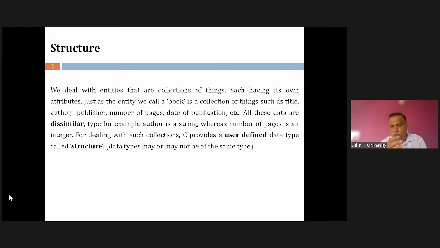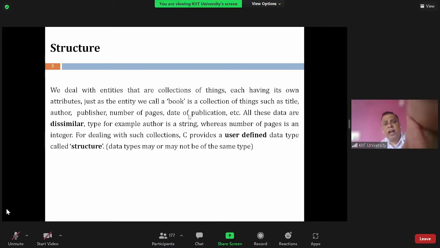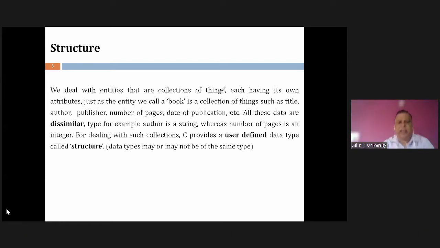When we define our own data types, let's say a structure, let me compare it with an array so that you can have a better understanding. Understanding will be clearer if I discuss this with respect to an array. Think of an array. We can declare arrays of integers, like let's say int a of 20. It means we have an array of integers.